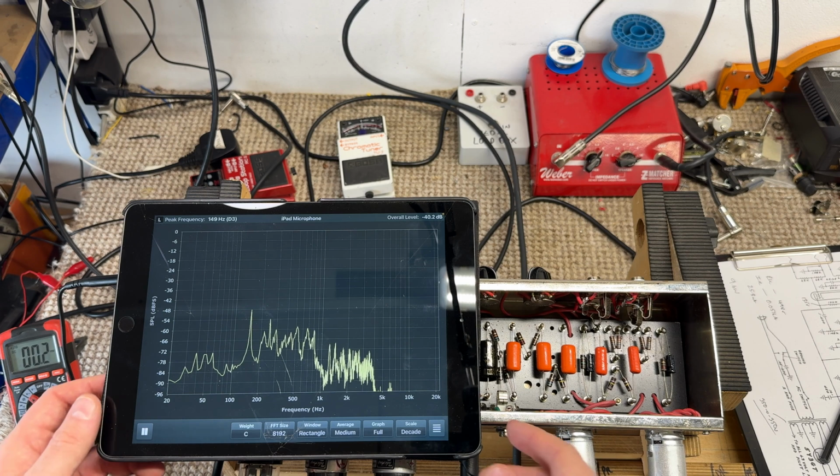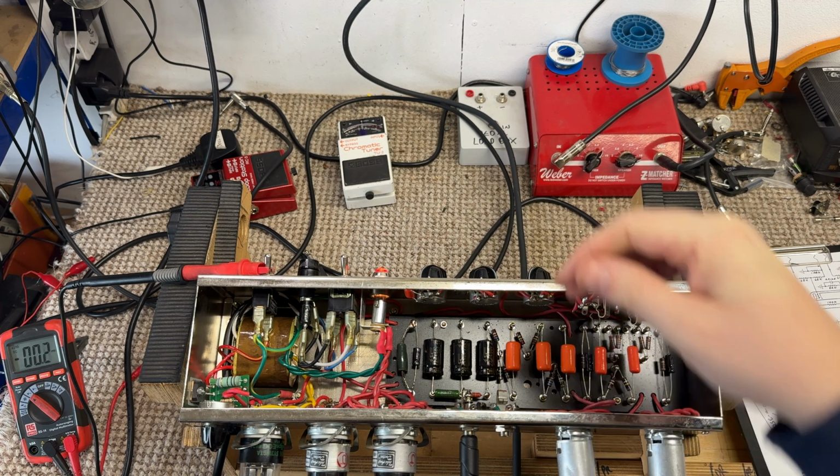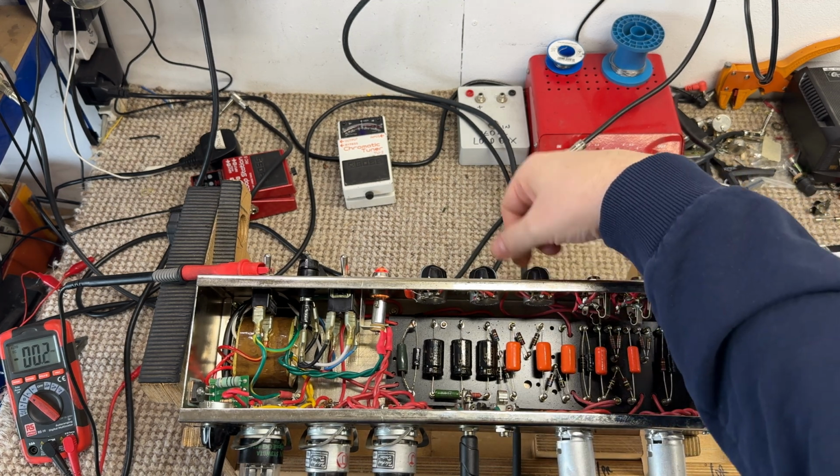Okay, happy with that? So we've got quite a large amount of hum and ripple in this amplifier that we're going to need to sort. We're going to find out where that comes from. We've got quite a large amount of hiss as well, although